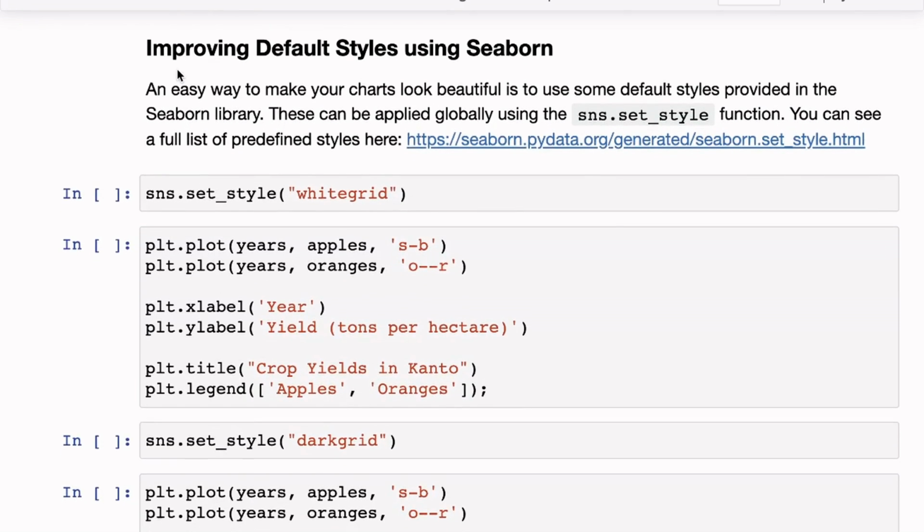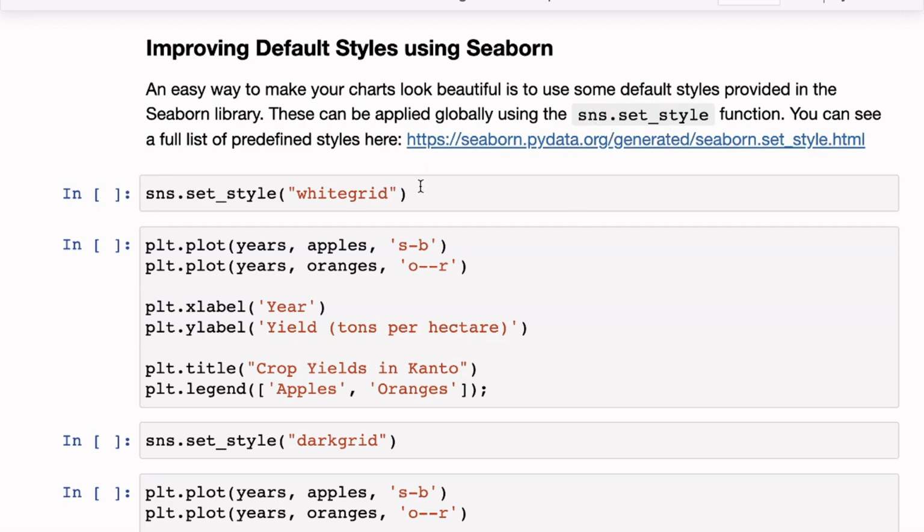Now already we are starting to draw pretty good line graphs, but one interesting thing that we can do just to make our charts a little more beautiful is to use the Seaborn library. So now we are going to use the Seaborn library for plotting, but one of its use cases is also to just improve the look and the feel of the graphs that we draw using Matplotlib without doing anything additional. All you need to do is import Seaborn. So we have imported Seaborn as sns and then use the set_style function.